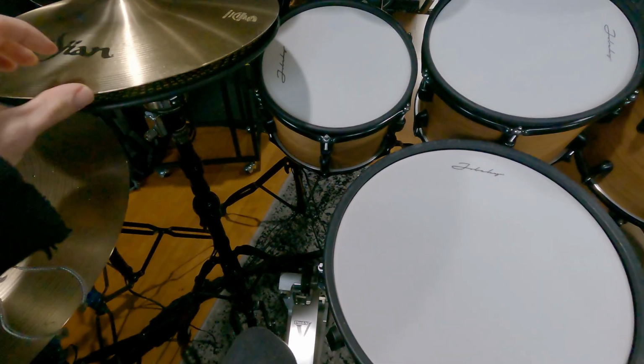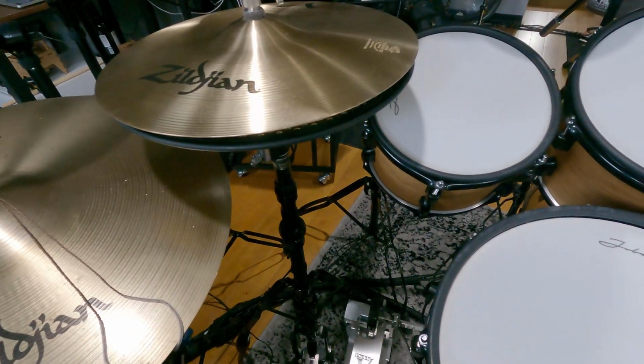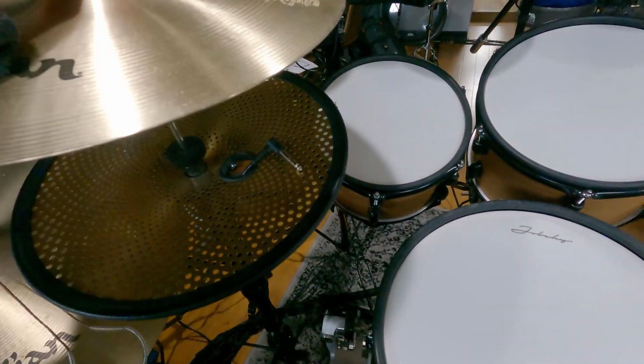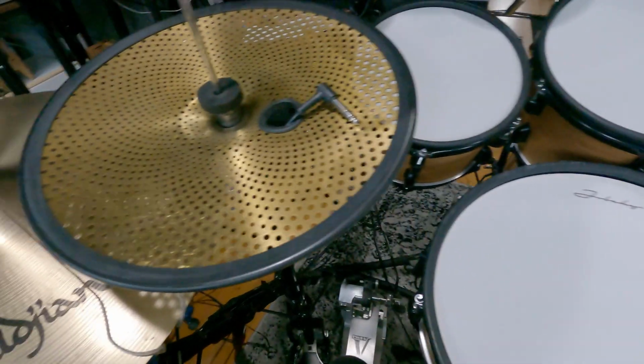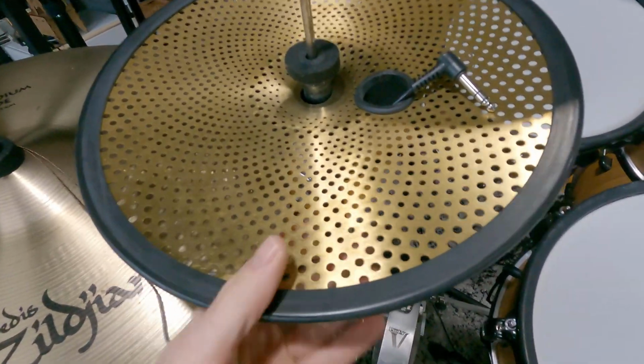Another quick video on some DIY triggers, this time on how I made my hi-hat. So what you're going to need is an acoustic hat. You are going to need an optional bottom hat. I'm using a low volume,